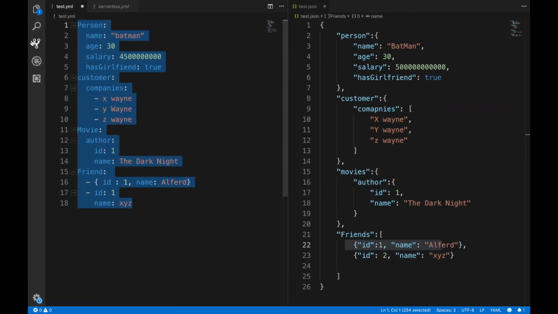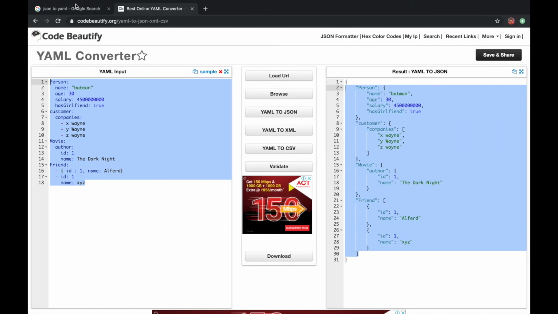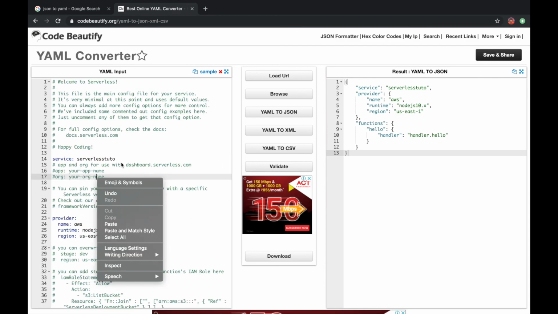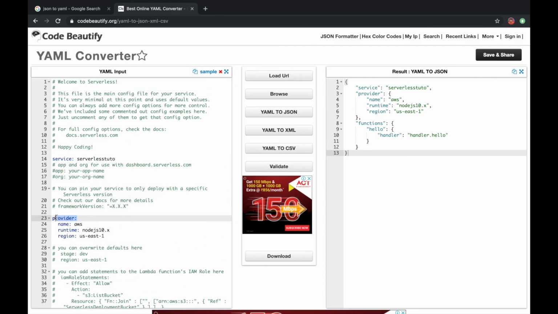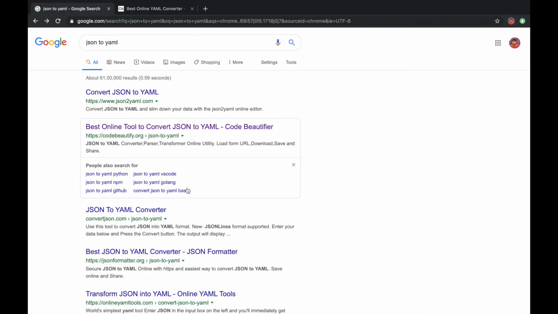Now let's suppose if I jump to our serverless.yml file, we'll copy this and we'll convert YML file to JSON. See, we read already this service, this provider, this name, this runtime. As you can see how things are written in this JSON format. So anytime you get stuck writing in YML file, just write in JSON and convert it from some website which will give you the convertible format. There is a JSON to YML converter here.